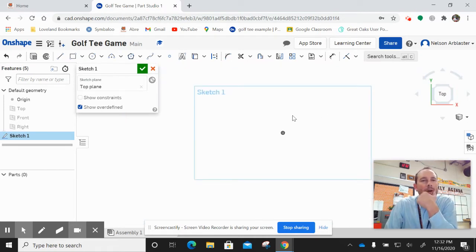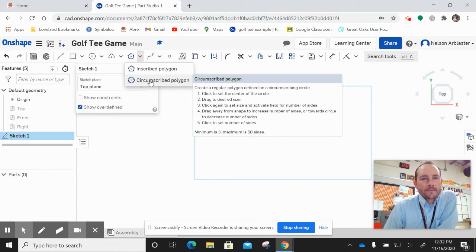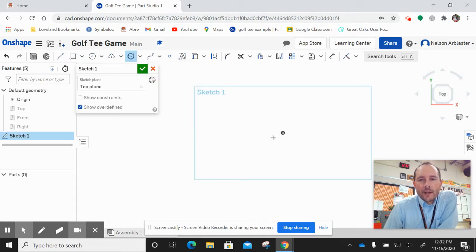So we are going to be designing the triangle shape. You'll see there's no triangle tool, but there is a polygon tool. If you do the drop down, we're going to choose circumscribed polygon. You're going to click on your origin and make sure you have a yellow line that goes straight up. Now, this is not a triangle, but that's fine. I just want it to be the yellow dotted line because I'm straight up. Click, and then it asks you how many sides you want. And I'm going to change that to 3